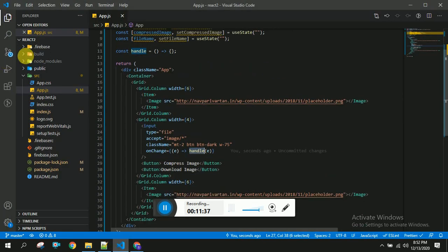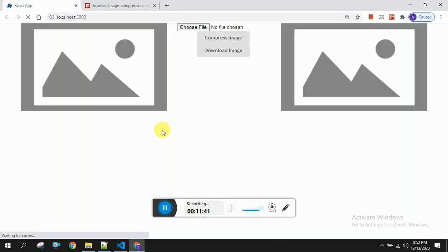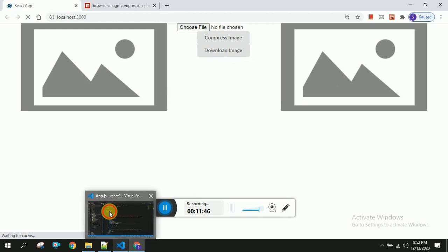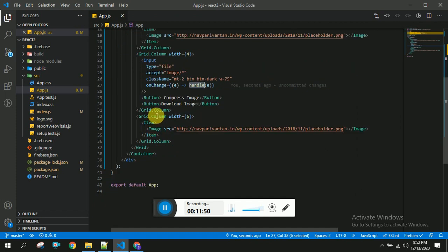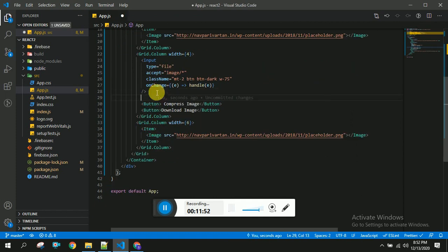I think it's saving. Yeah, let us go to the browser again. Yeah, you can see here we got three buttons, and I'm going to place some h1 tags for showing some gap.